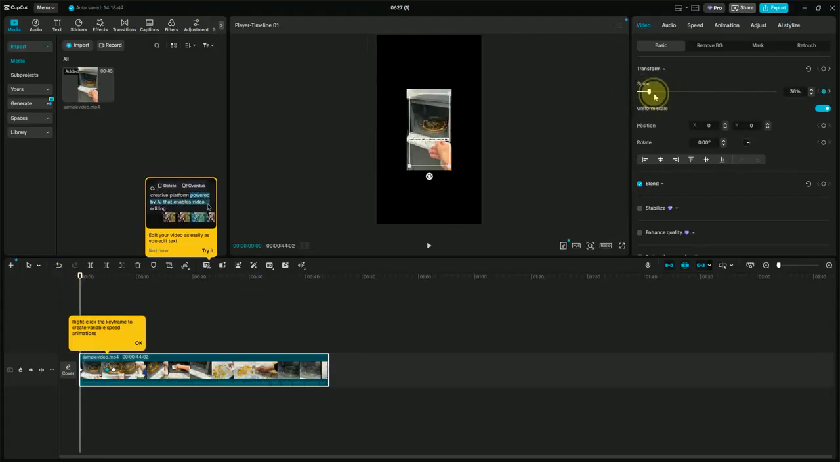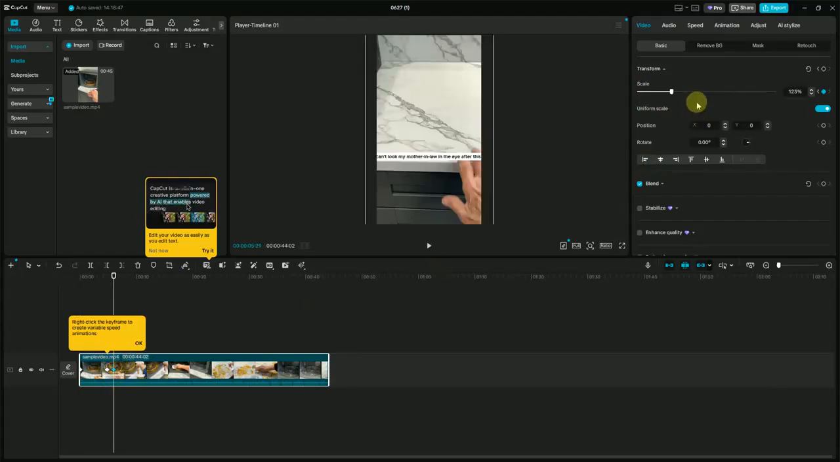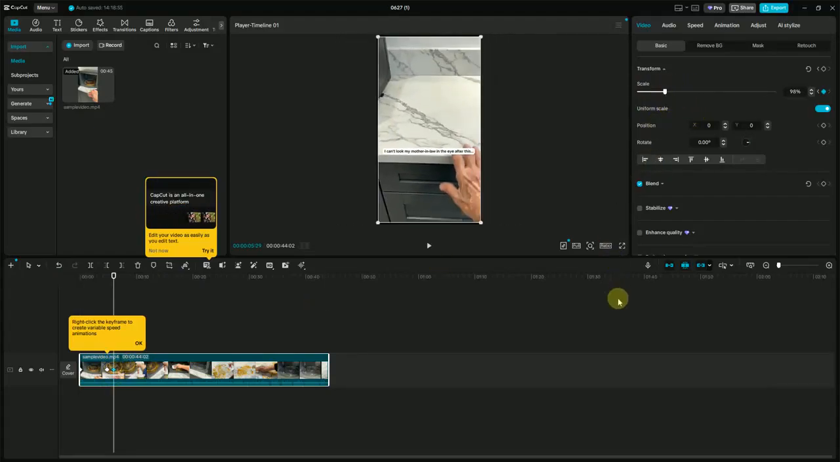Make sure to play back the video to see if the zoom effect works as you intended. You can always adjust the keyframes or scale settings if it doesn't look quite right. Once you're happy with the zoom, export your video by clicking the Export button in the top right corner and